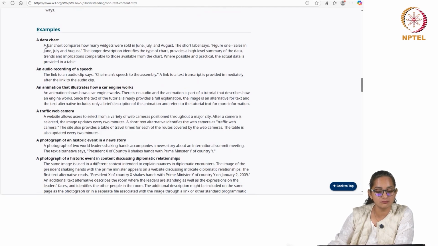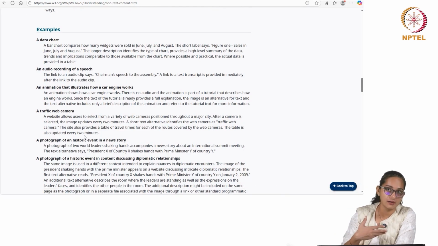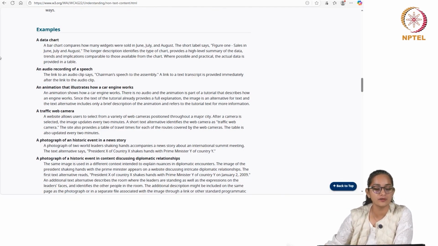Then you can also find a list of examples in order to understand. So, for example, a data chart, if a bar chart compares how many widgets were sold in June, July and August, the short label says figure 1 sales in June, July, August. The longer description identifies the type of chart, provides a high level summary of the data.